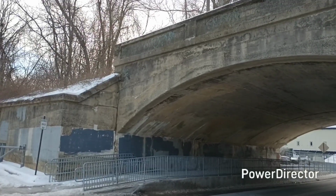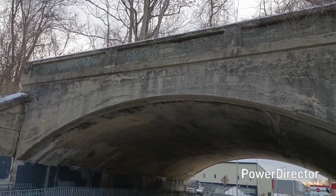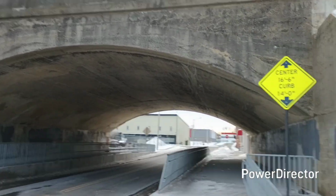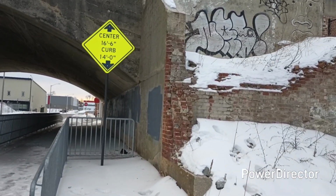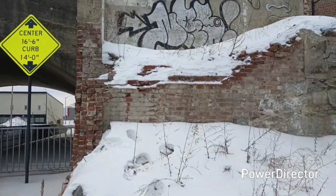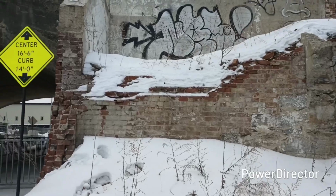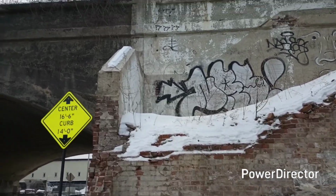Alright guys, I'm still in Worcester, Mass. That bridge up there says 1908. Off to the side here, we got a little bit of questionable building tactics, I have to say. And up on top, you can see some